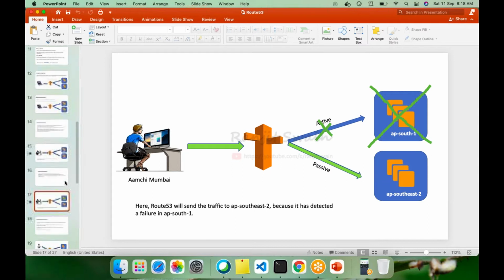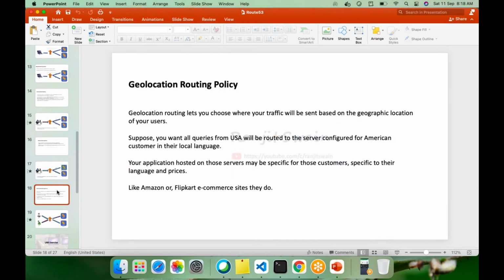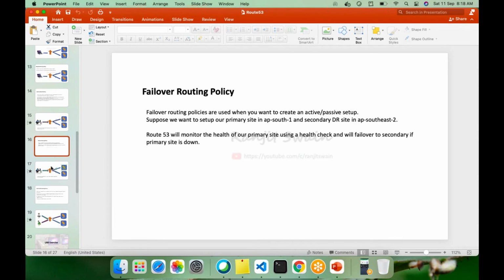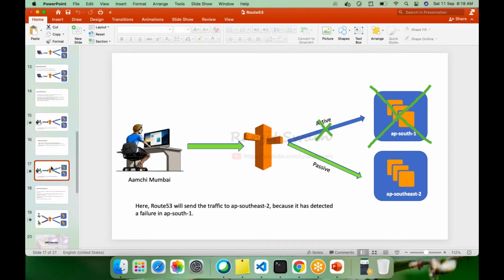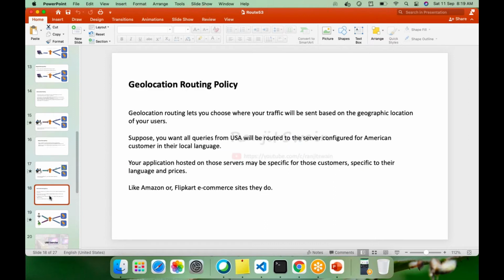Okay, the next one is the geolocation routing policy. The concept and the policy details, whatever I'm telling, are very simple. You don't have to do anything. You just have to understand how it is happening and what the concept is. The concept is very clear because you deal with all these things in your day-to-day life, right? Failover, DR, everything you are facing every day in your company, right? So the next one is